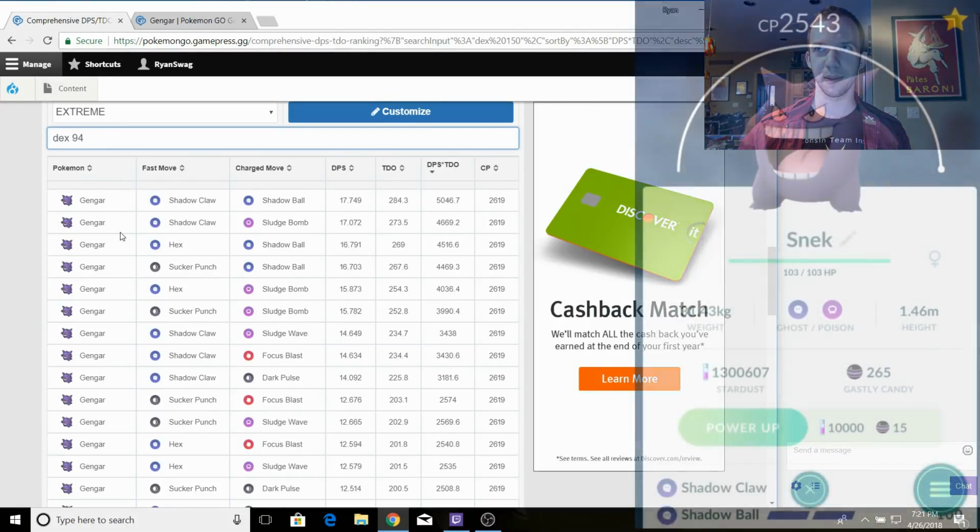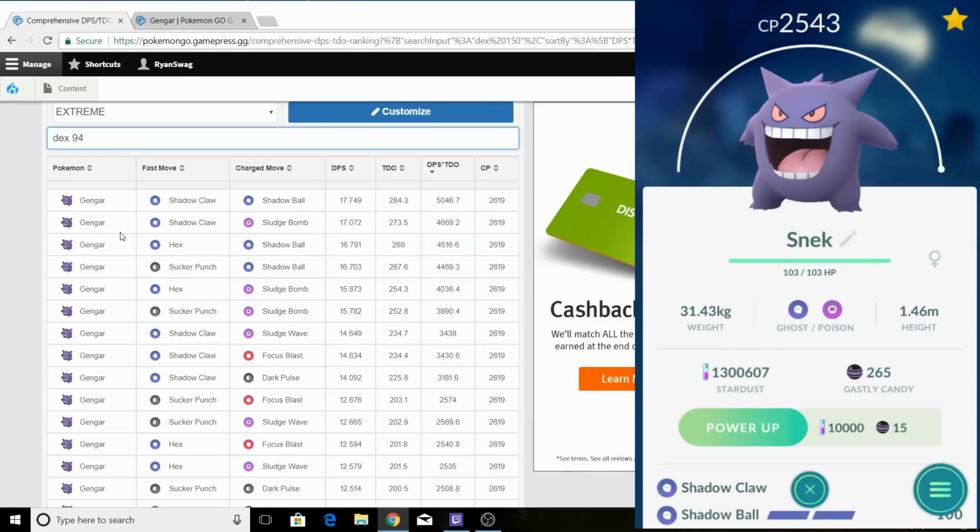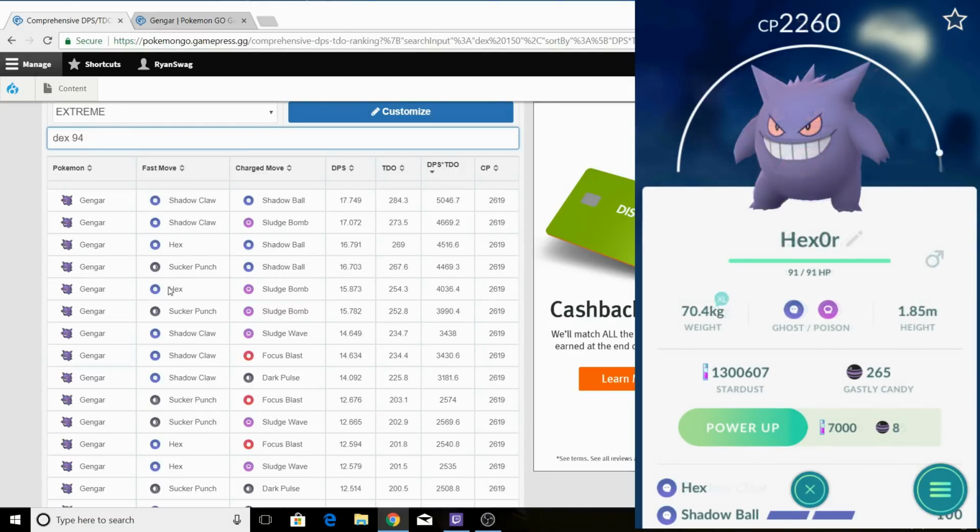Yeah, and so Shadow Claw is way better. We already know this, but Shadow Claw is not the reason why Gengar has this moveset debate. We already know that Shadow Claw is the best. We can't get Shadow Claw. We got Hex and Sucker Punch to deal with. The comprehensive DPS and TDO and all that jazz are basically the same between them in this vacuum scenario. You got Hex with Shadow Ball, and that's